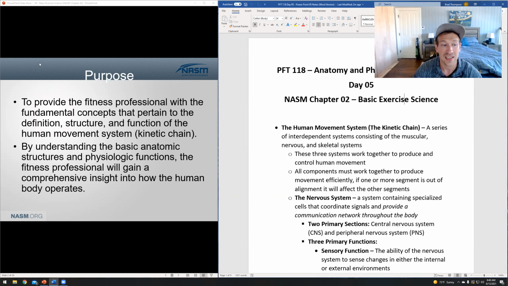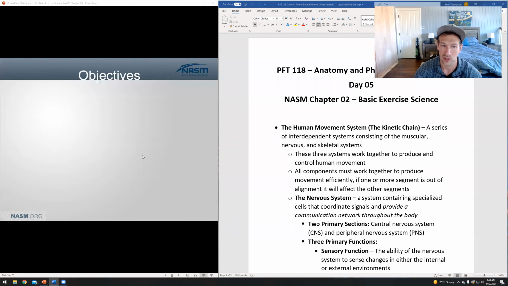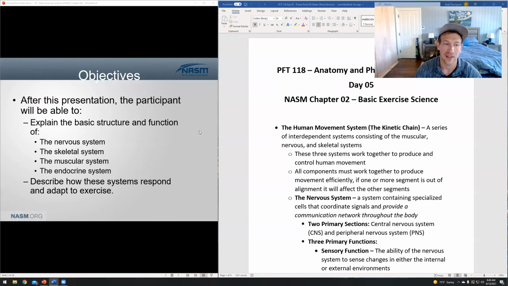So the purpose of today's lesson is to provide you guys with fundamental knowledge when it comes to not only the definition of the kinetic chain, but also its structure and function. Understanding the basic anatomic structures will allow you to have an insight into how we actually move and how we actually operate. So after this presentation, if I do my job well, you guys will have a pretty good understanding